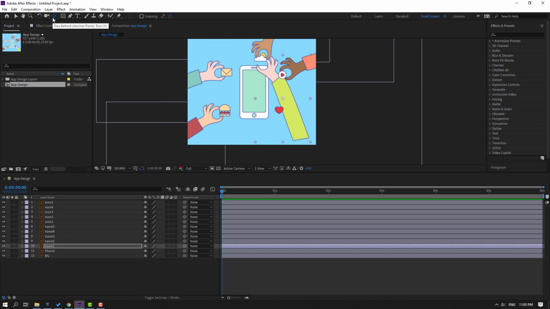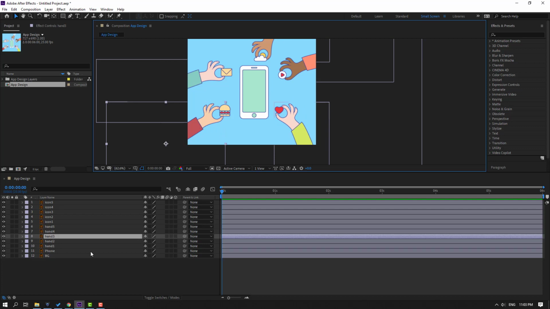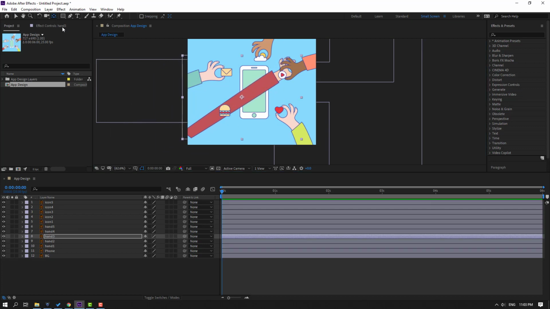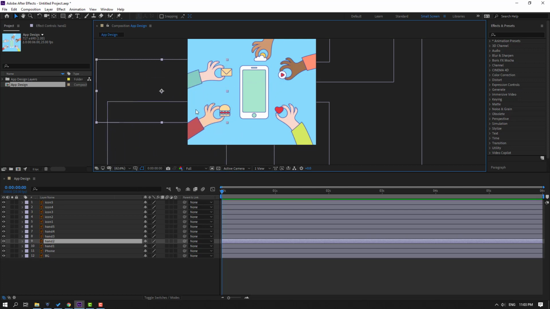Select this palm behind icon. Let's move the anchor point here and click selection tool, move to down and select this hand, move to here, select anchor point, move to down, click selection tool and move to back like this and select this hand 2,